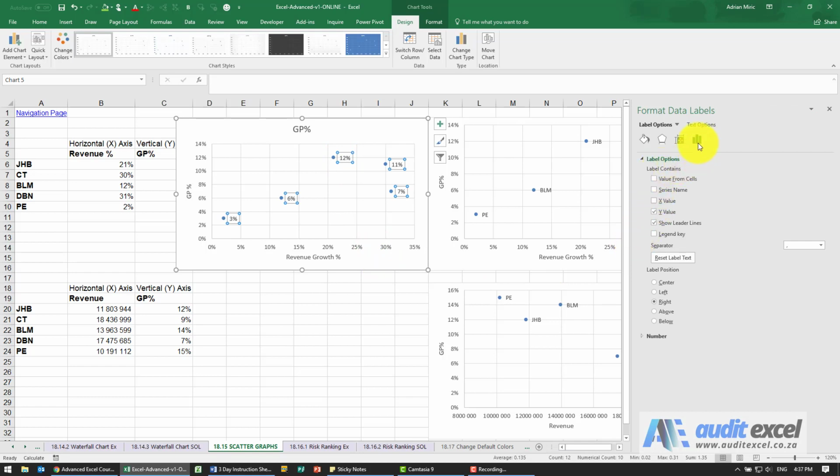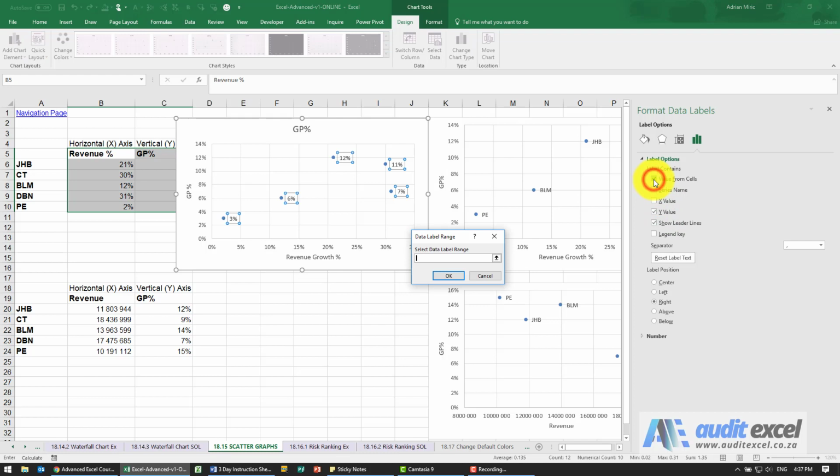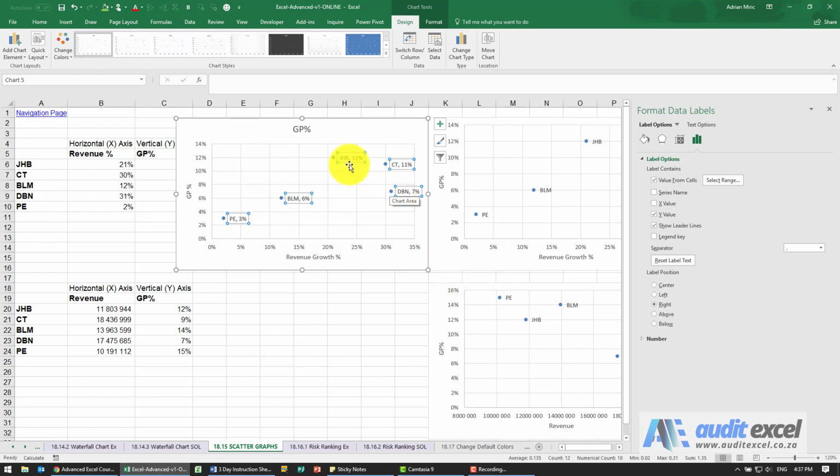We get this, and under this icon here it tells you why it's coming up with the labels. What you'll see, it's using the Y value, but we're going to say no, we don't want the Y value. I'm going to point at some cells that you must use. So I'm going to choose that. Immediately it says, well, where is this data? I'm going to highlight those cells there, and they must tie in with how the chart has been set up. And you'll see now it's immediately got the city, and it's also got a value. I'm just going to switch that off.